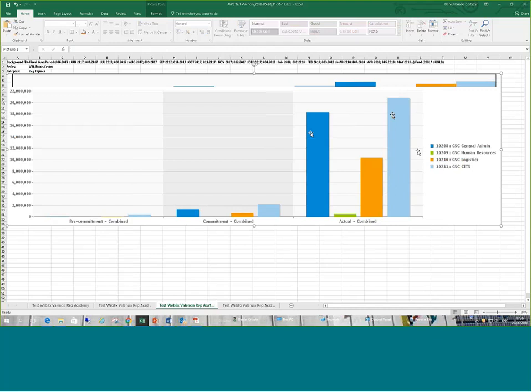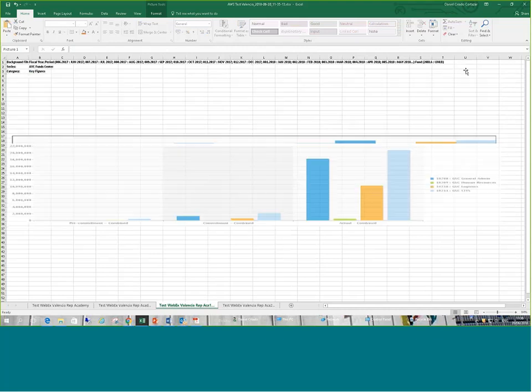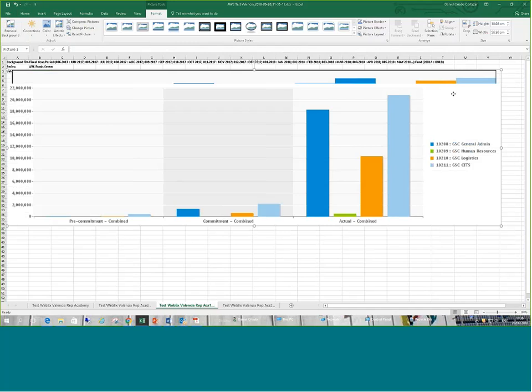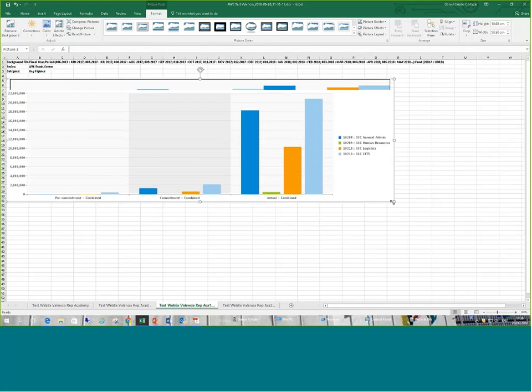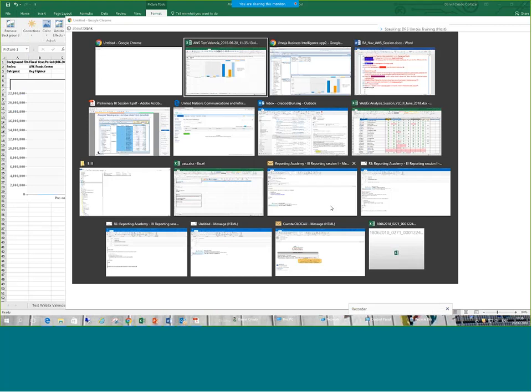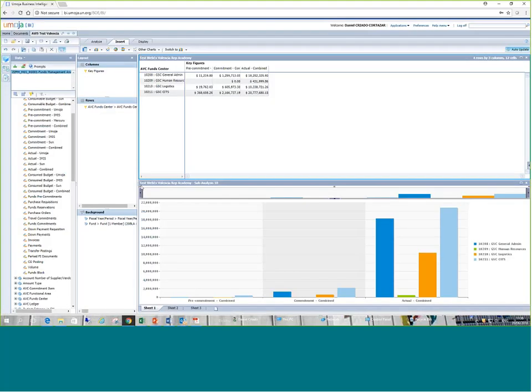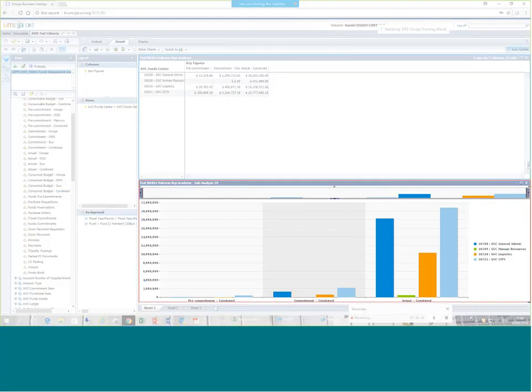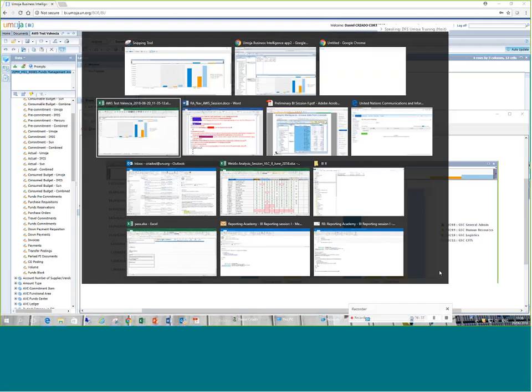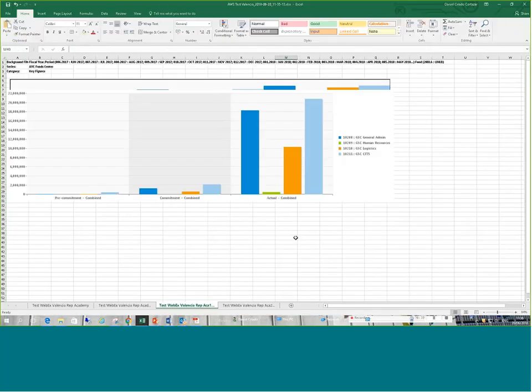I can see a graph, but it's just a picture. You see, it's a picture whose size I can change, but if I double click, I cannot modify it. So it's not a graph itself. It's just a picture of the graph that we can see in production, right? It's just a picture of this. It's like I'm taking a screenshot of this, right? I'm doing that now. And I'm pasting it in